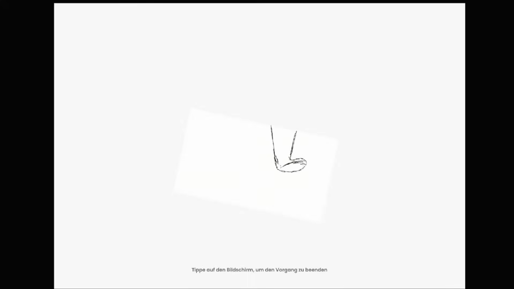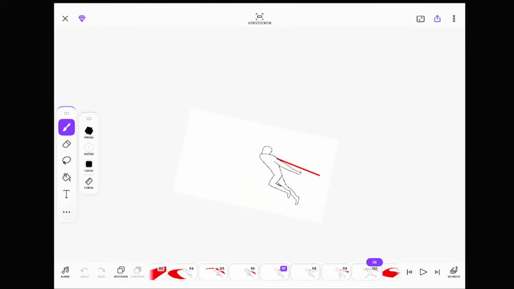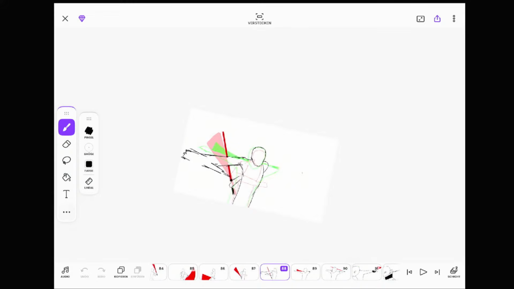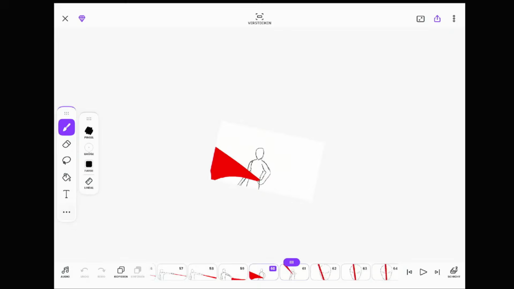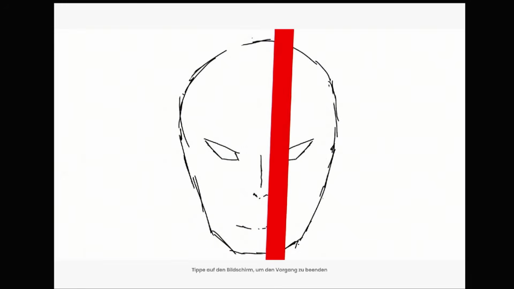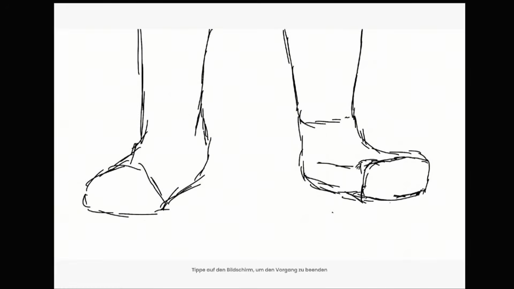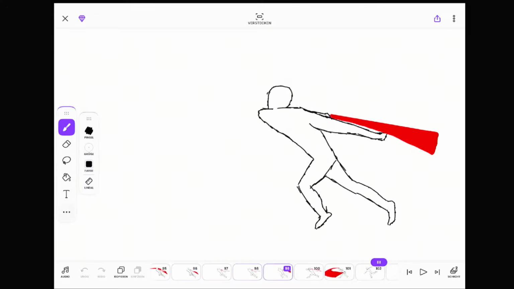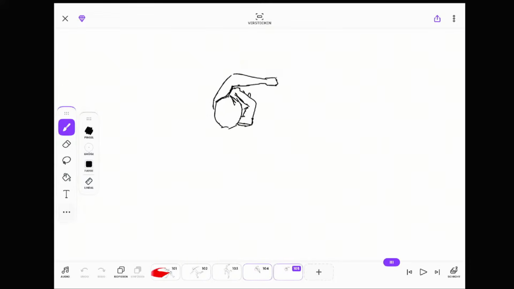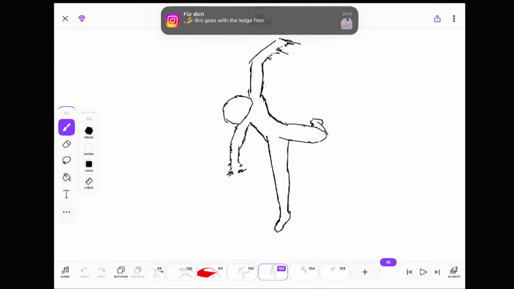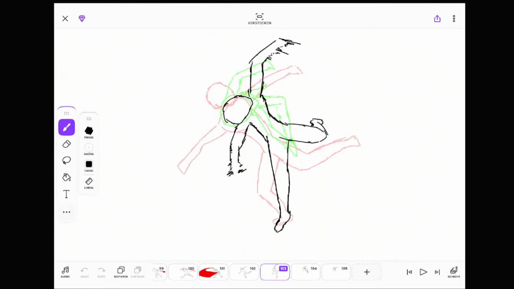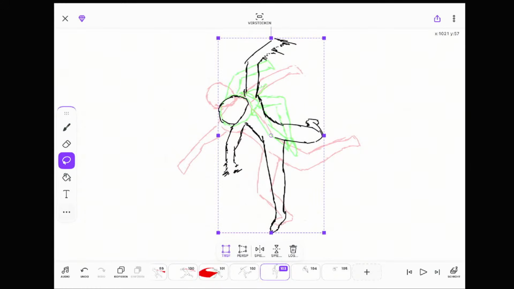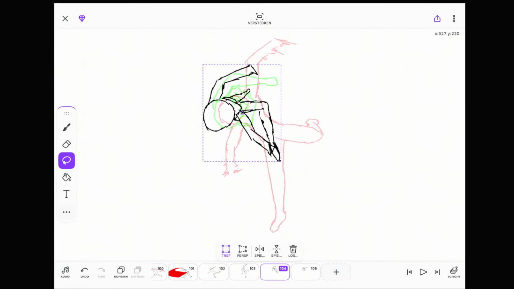Let's see. A little bit too fast. Overall, the movement works, I think. Okay, let's go a little bit further.